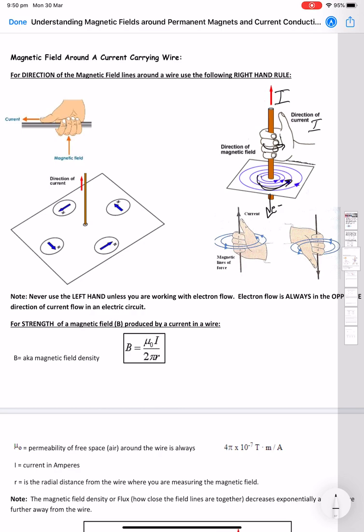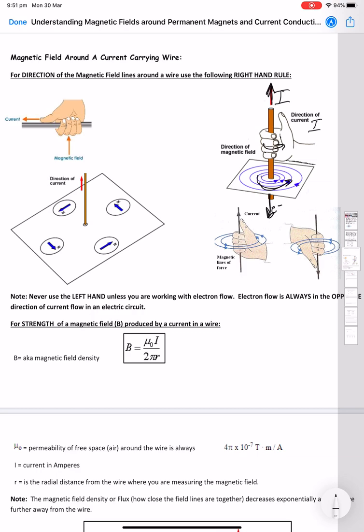If you're using your left hand for negative, you're going to see that you get the same direction of the field lines. So remember, conventional current I, hopefully you learned this last year, is in the opposite direction to electron flow through a wire. You use your right hand for I, your left hand for e. All right,